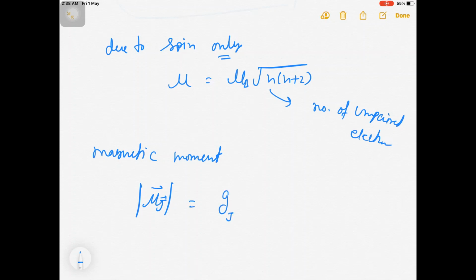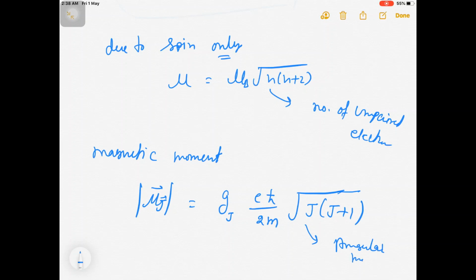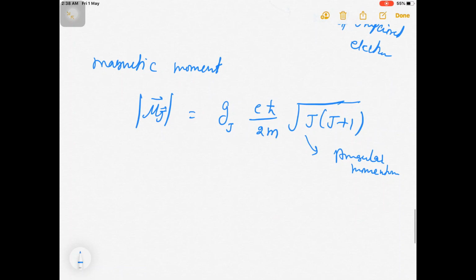Gj is nothing but the Landé factor, times e h cut divided by 2m, and under root j plus 1, and j is nothing but angular momentum, and this is basically the net angular momentum, that is the total effect of orbital motion as well as spin motion. Okay, so